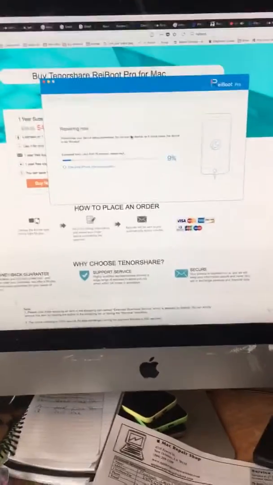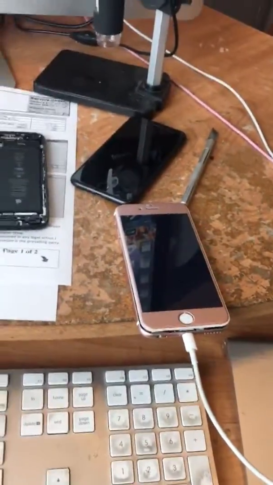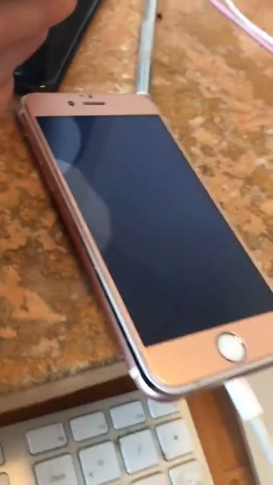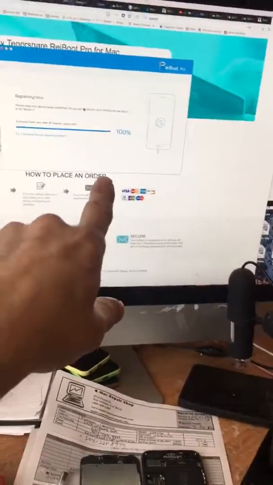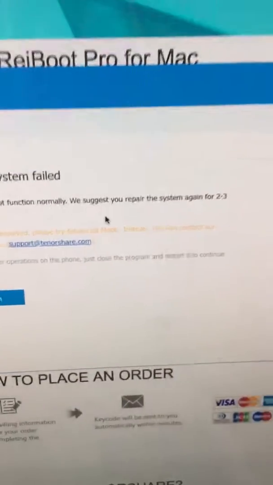If this works, that'd be great, but it doesn't look promising. I'm stuck on 9% now. And it looks like it's back to the tinted blue screen thing. Now it's at 100%. So it says my phone's fixed, I think. But it doesn't look like it to me. It went from 9 to 100. Yeah, failed. Boom. Alright, so